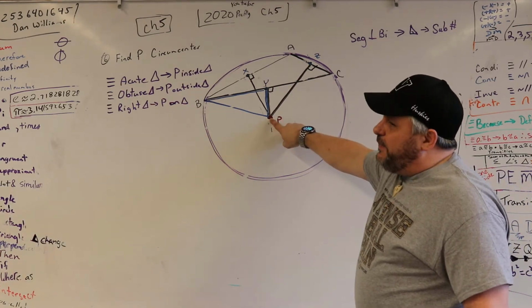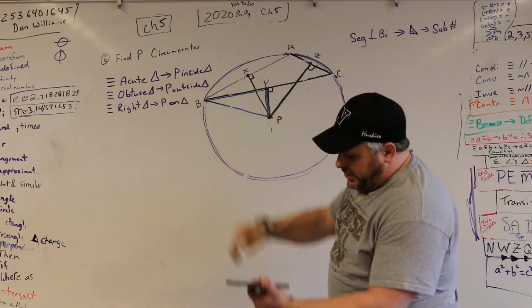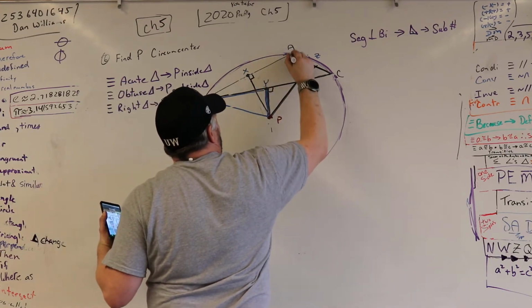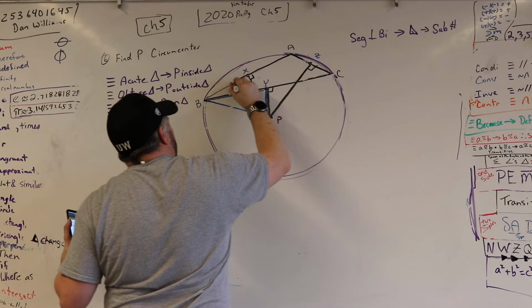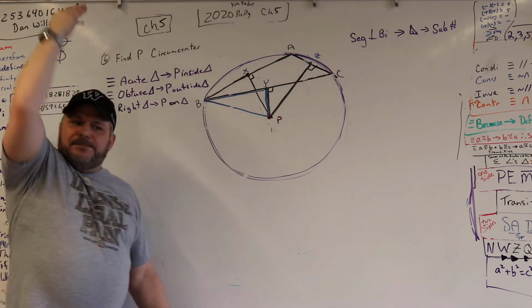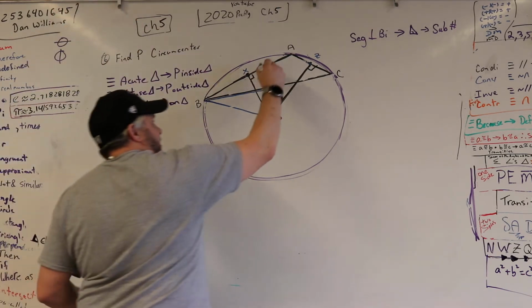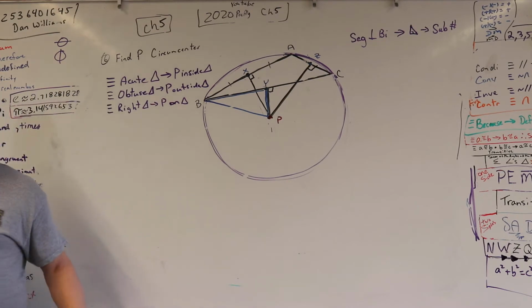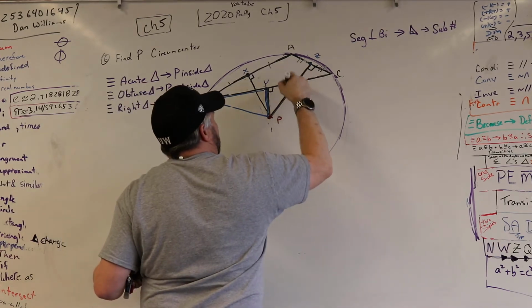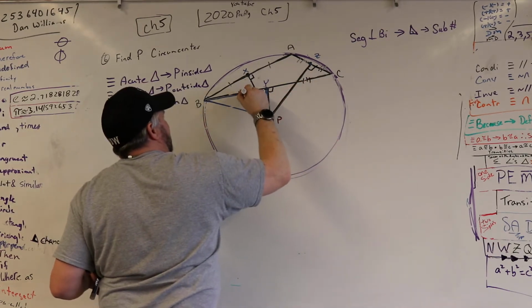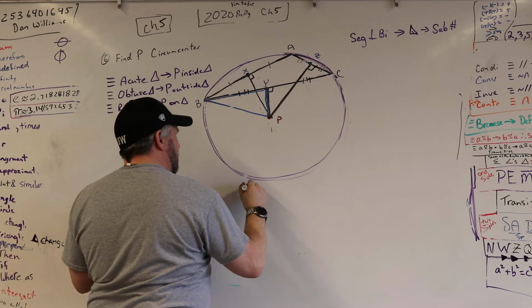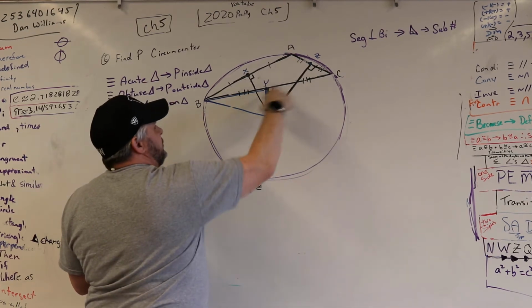How you find P is you cut the original triangle, which was black, in half. You're going to find the bisectors of each side of this triangle. So this X creates a perpendicular bisector, which means this side is congruent to that side. Okay? This side is congruent to this side, and this side here is congruent to this side here. Okay? So CY is congruent to BY,